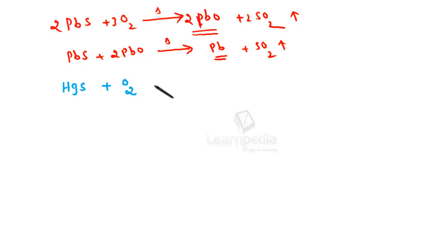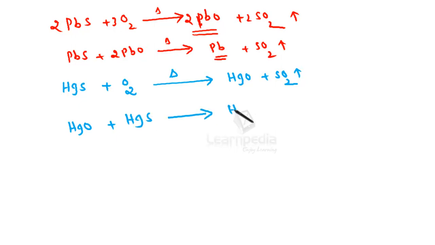When subjected to treatment with air or oxygen and controlling the temperature, part of the cinnabar will be converted into mercuric oxide with the formation of sulfur dioxide, and this mercuric oxide formed then combines with the remaining amount of the sulfide to give mercury and sulfur dioxide. Here the temperature is to be controlled, otherwise this mercuric oxide formed is thermally unstable, and can directly undergo decomposition to